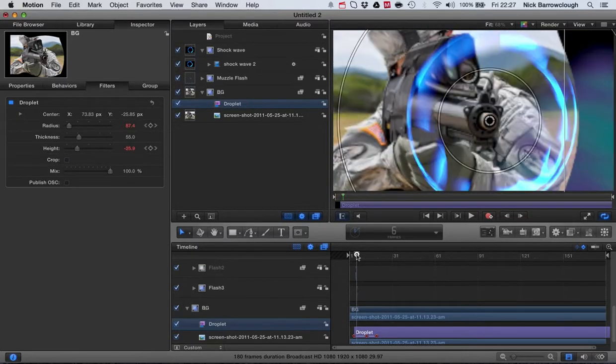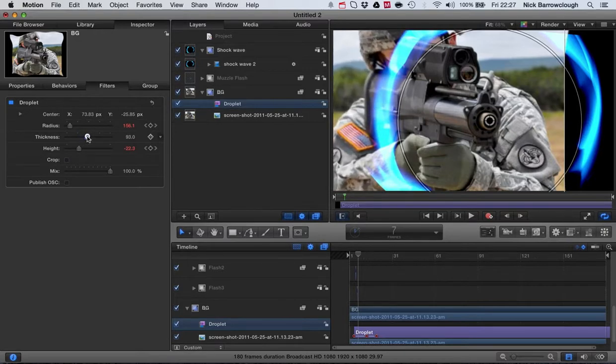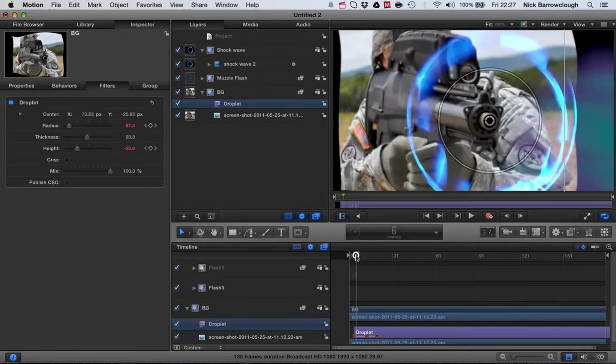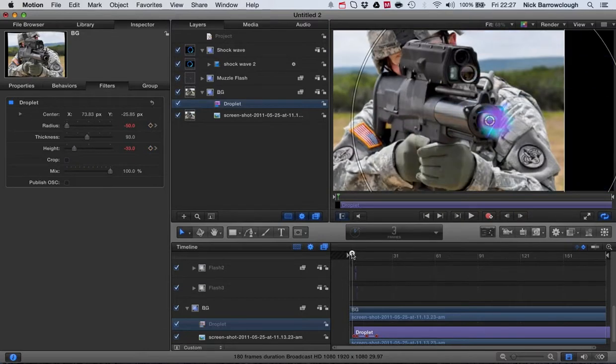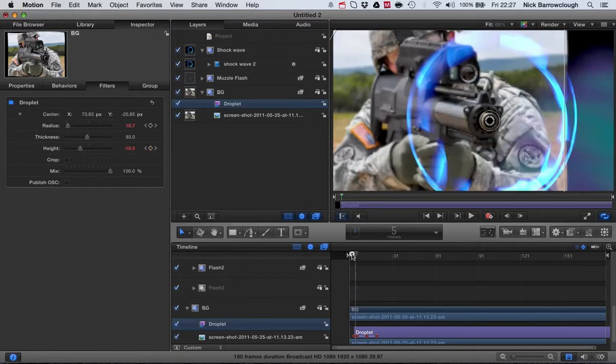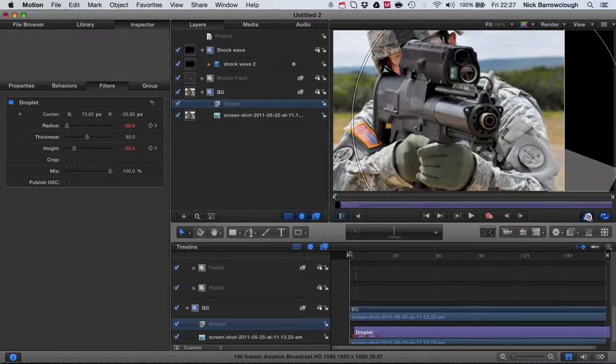And just want to adjust that there. I want to make sure you don't get any of this black showing. There we go. Okay, so that basically is how we add in our distortion